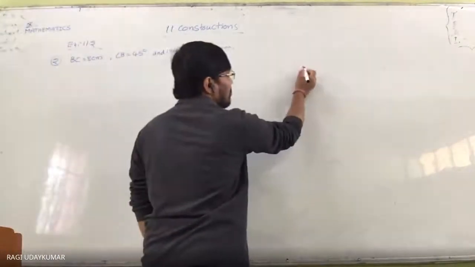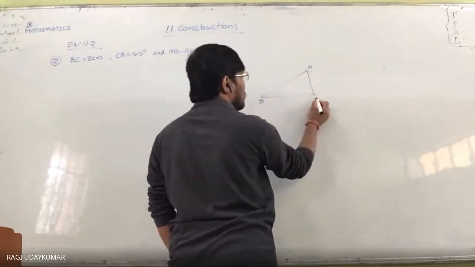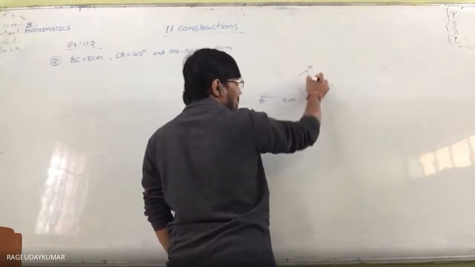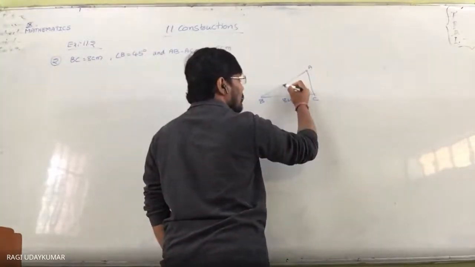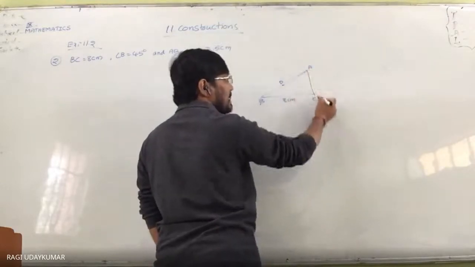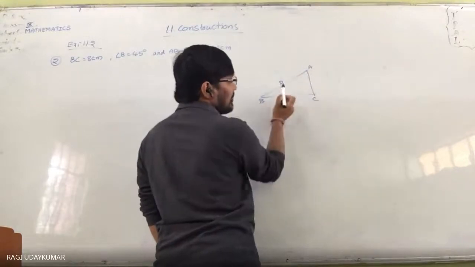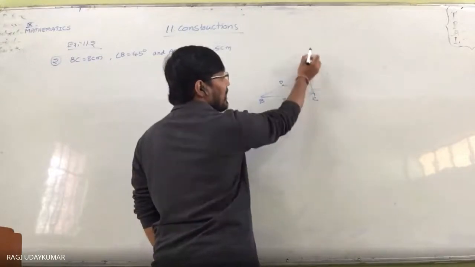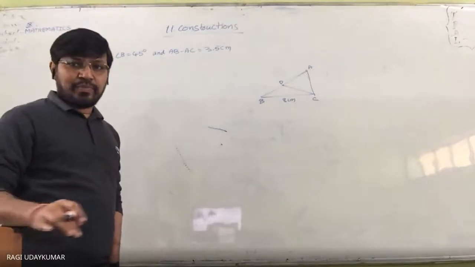So a rough figure you construct here like this. A, B, C. So BC length is 8 centimeters and AB minus AC is given. So for AC's equal length, from here to here you take one point, D. So AB minus AC, these two are equal length. So when we are taking this equal length, these two are equal, it is nothing but the perpendicular bisector of CD, in which A will lie.